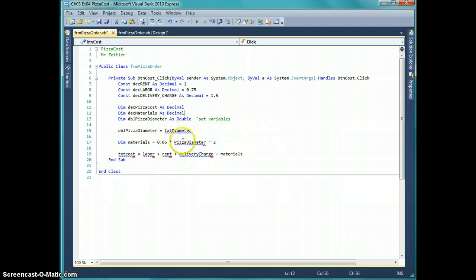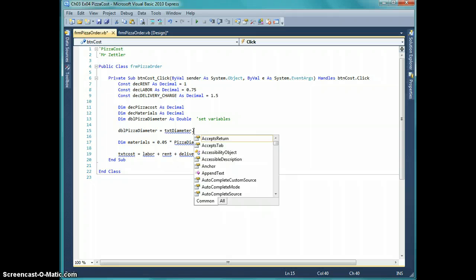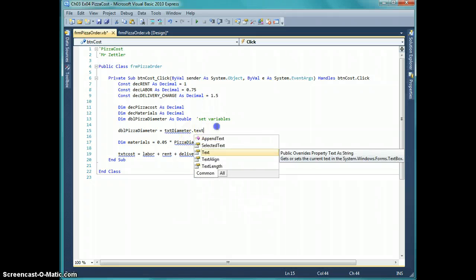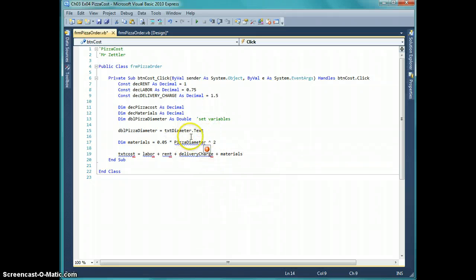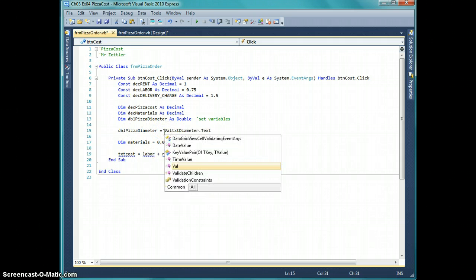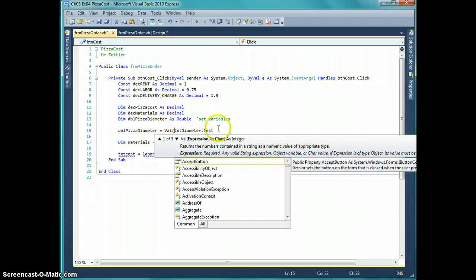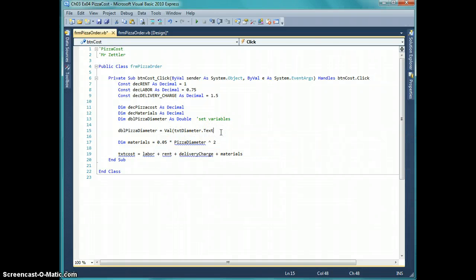I can't take the whole text box and put it into a double variable. I can take the text of the text box. So the user types a number in the text box, I put that in the variable. I can't put the whole text box, it's just an object. So I can't put the whole object in a variable, but I can take its text. And be aware, there's probably better solutions to this in the long term, but for right now